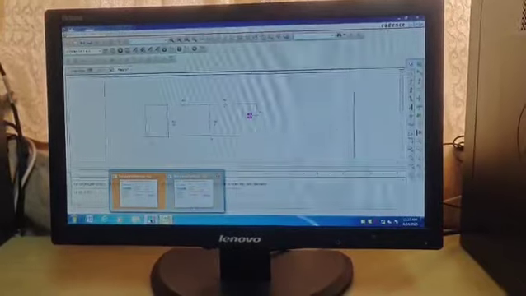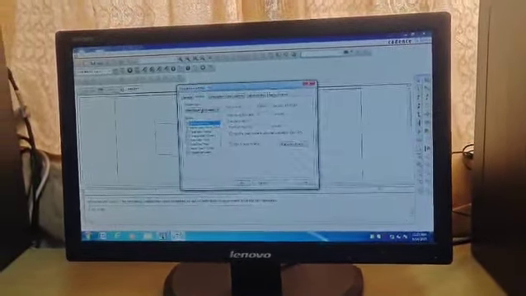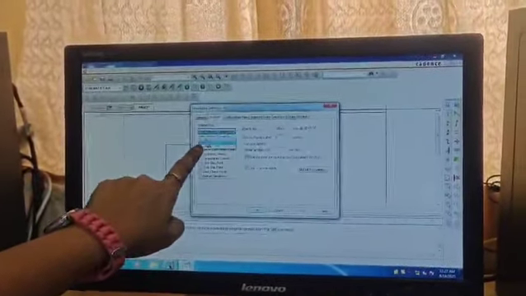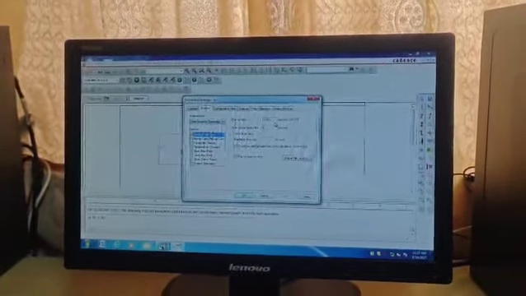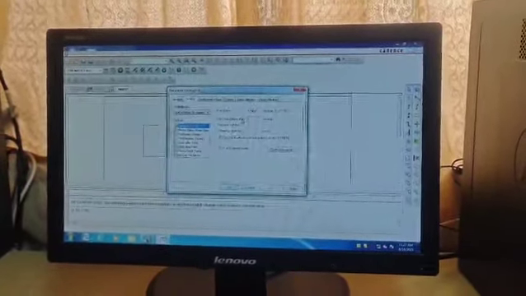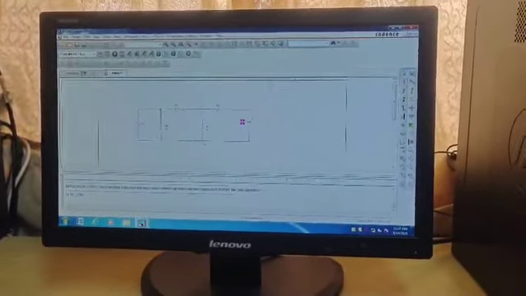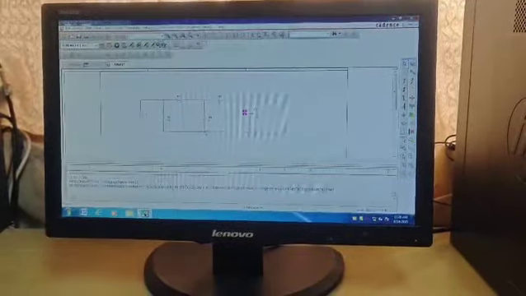Here there is an edit simulation profile option. Go there, and you can select which type of analysis you want, either time domain, DC sweep, AC sweep, etc. I am selecting time domain, 1000 nanoseconds, and the data starts saving after 0 seconds. Now you click OK. Then run the simulation,